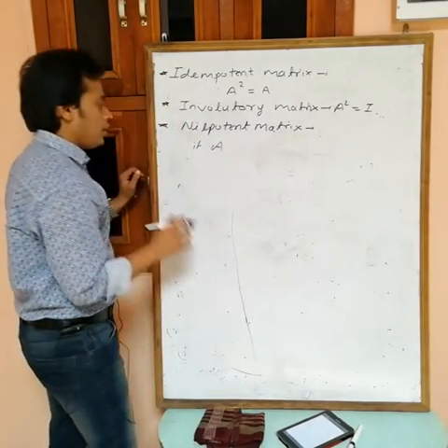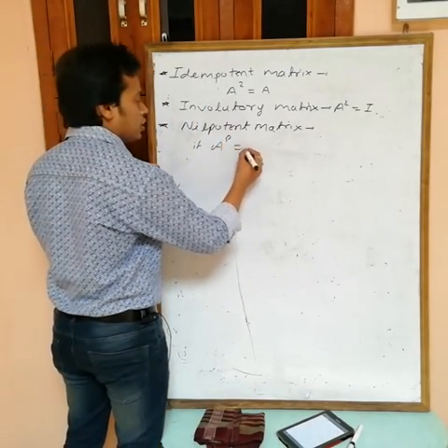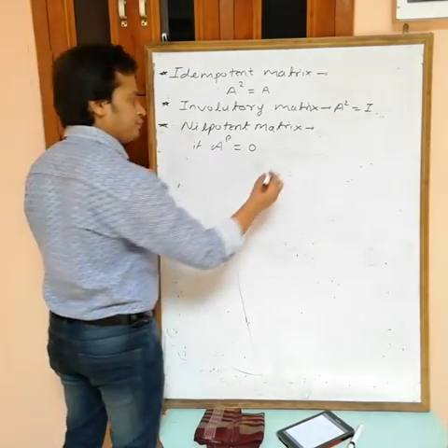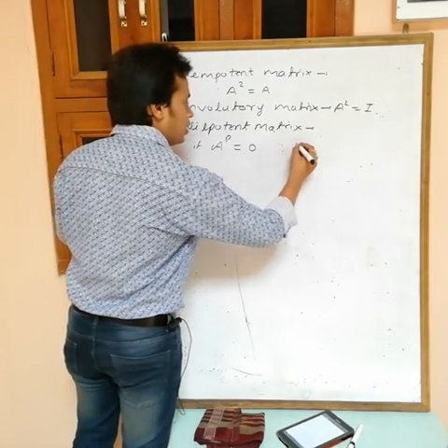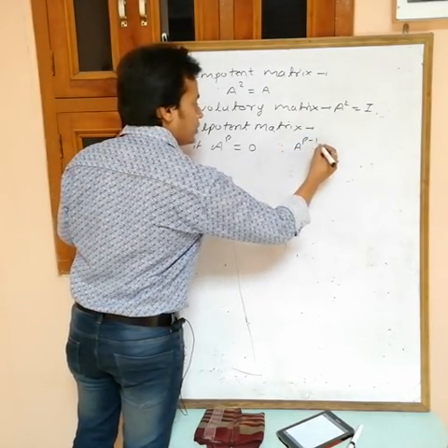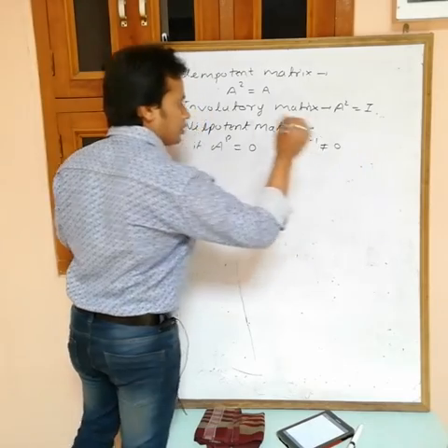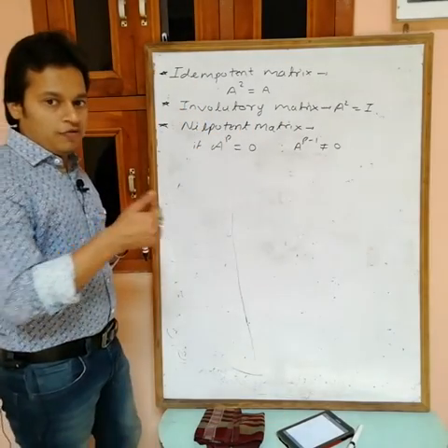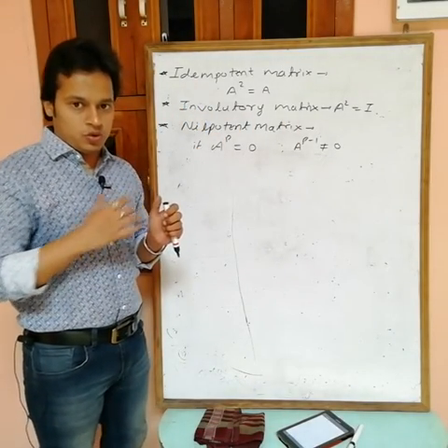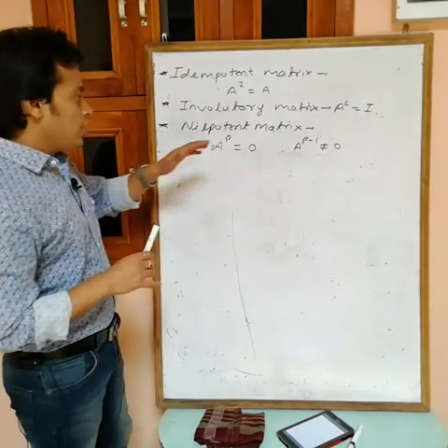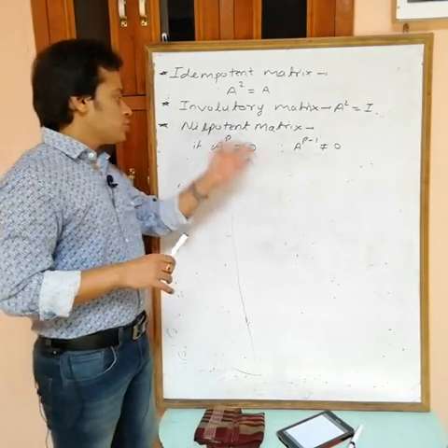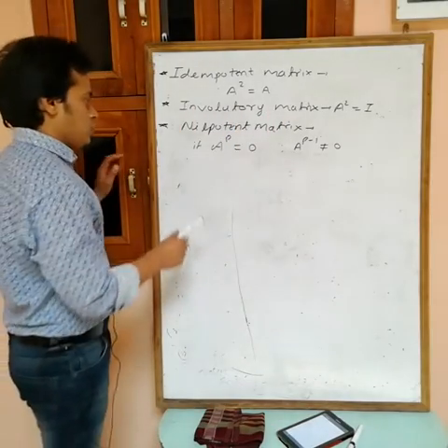If A power P is equal to the null matrix, but A power P minus 1 is not a null matrix, and before A power P there is no null matrix, but A power P is a null matrix,